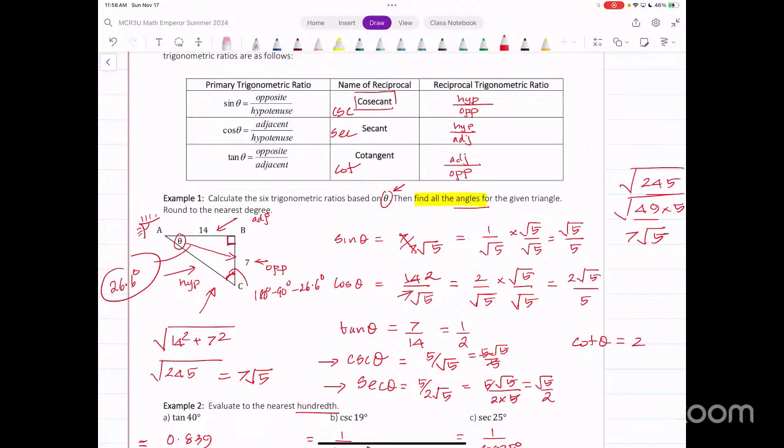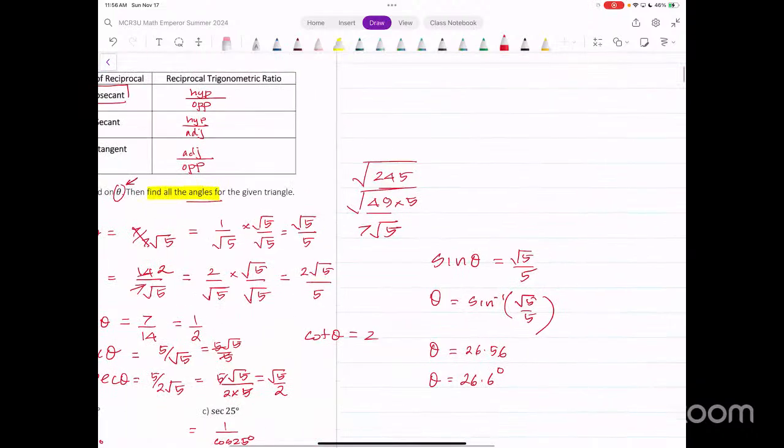Wait, how did you find out it was 26.6? So you see sine of theta is this, right? To find theta, the operation is sine inverse. So if you give the ratio, it will give the angle. So on the calculator to do that,